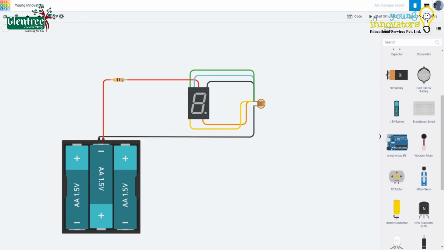After I click Start Simulation and vary the slider on the LDR, we see H displayed on the device. So, like this, we can use LDR and control the output as measured and seen on the screens.